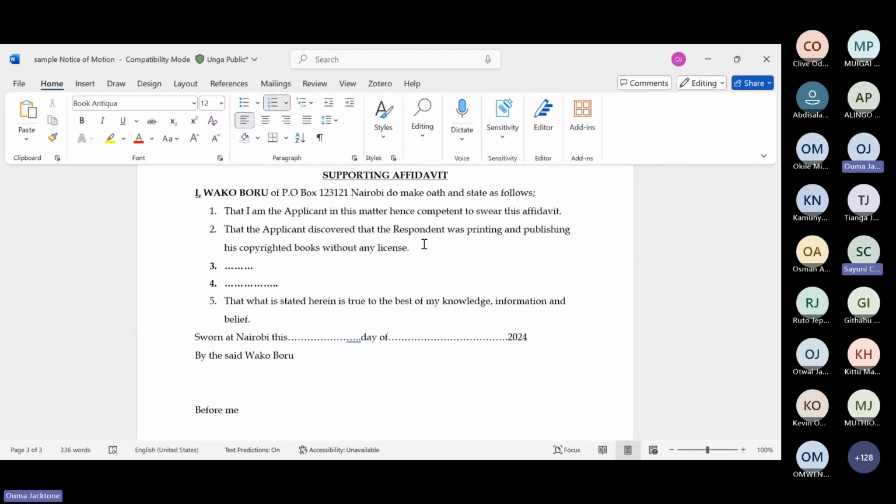So you'll be saying, attached herewith, because you have to attach to the affidavit all the evidence you're adducing, herewith and marked. Exhibits are marked.